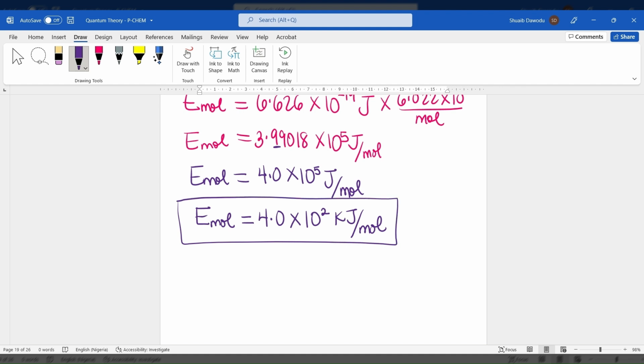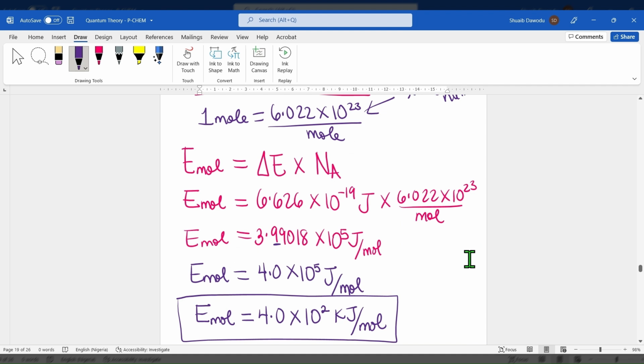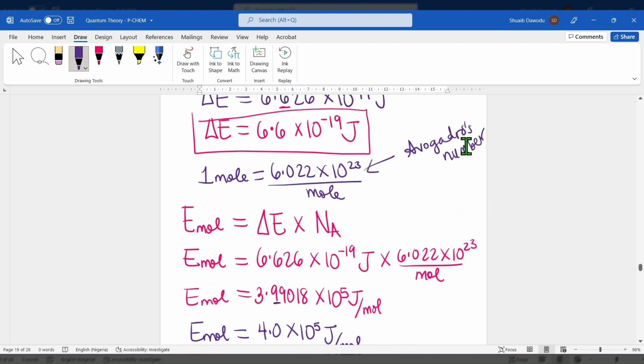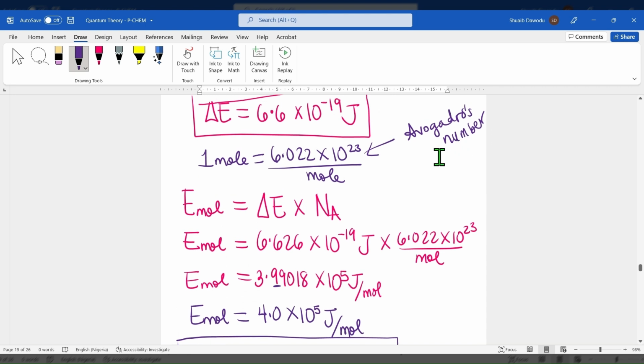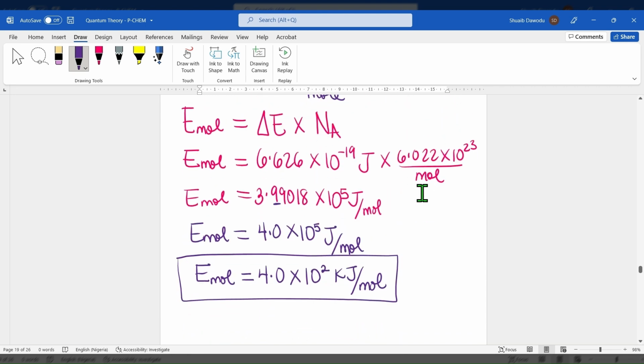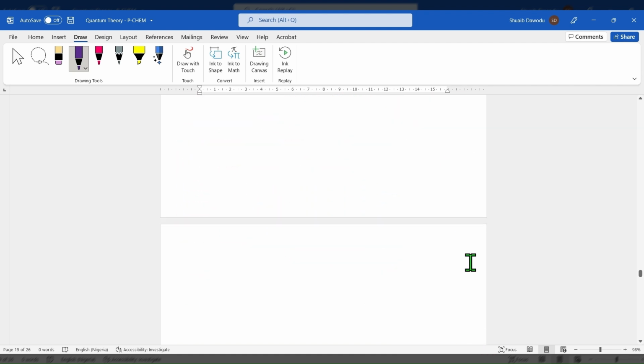So we have successfully found the energy of the quantum in joules, as well as the energy per mole of the quantum in kilojoules per mole. So we end up with 6.6 times 10 to the power of negative 19 joules and 4.0 times 10 to the power of 2 kilojoule per mole. So that's how you solve the first question. Now we're going to go to the second question,